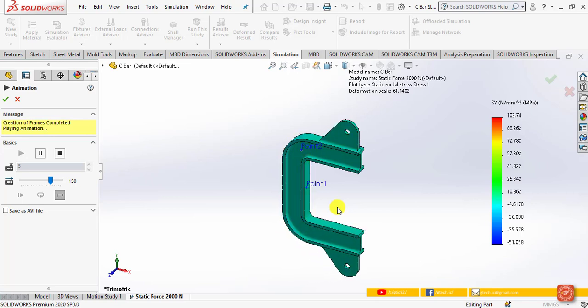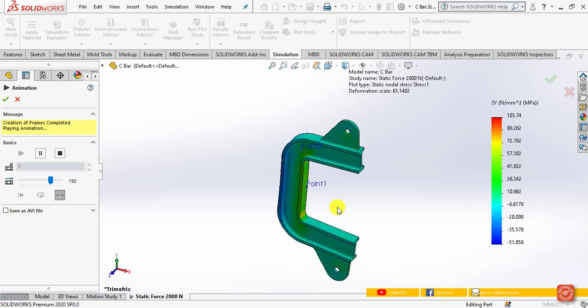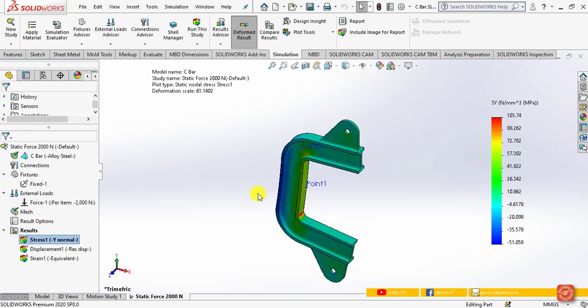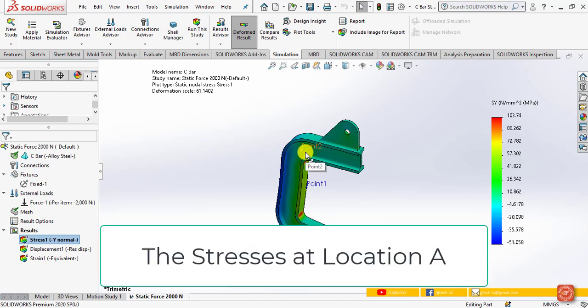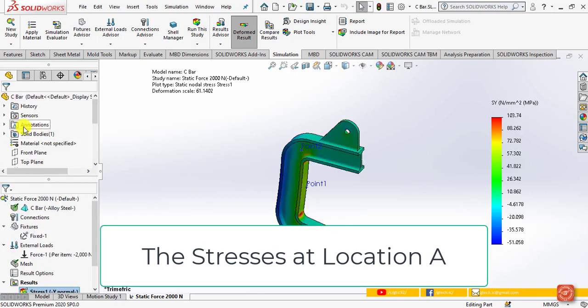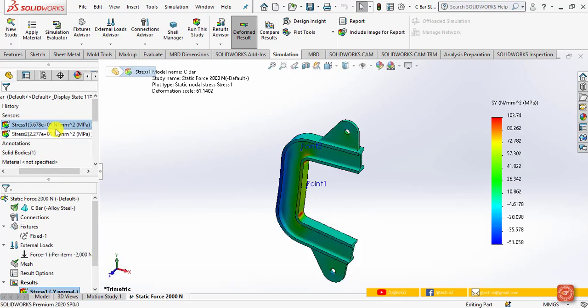On the screen you see the animation of the C bar while applying the force. After seeing the animation, simply click this OK button and now we will explore the stress at location A and at location B. First we explore the stresses at location A. For seeing the stress at location A, slightly move this window downward, scroll up and move to the sensor section, expand it and here you will see the stress at point A, that is around